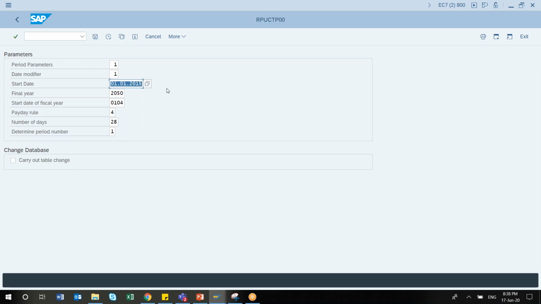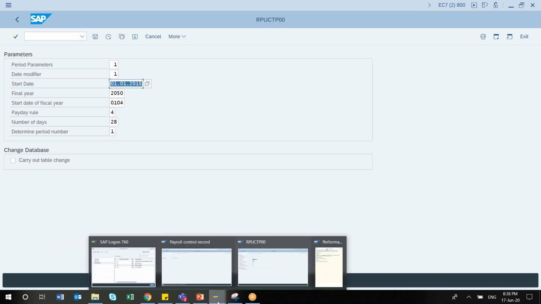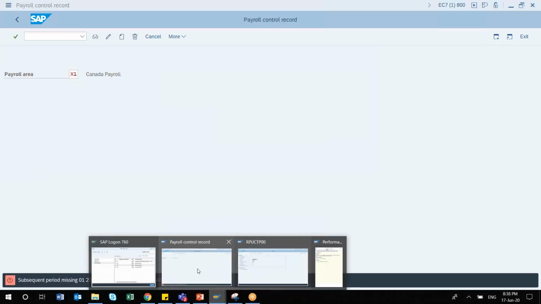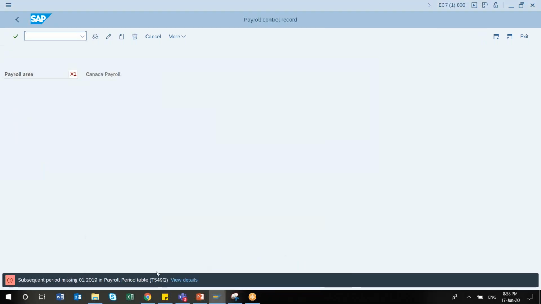Okay? So this is the concept of how to use a typical generate payroll period program, which I explained to you in the presentation. So other than that, what is left? This error I will actually be removing. Once this is established, you will be able to create your payroll area and generate. I'll be giving ample time once you're done with that.